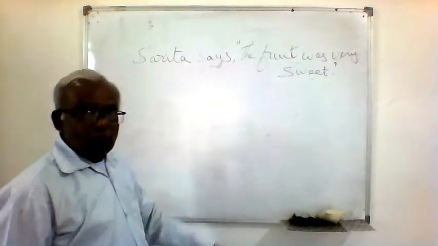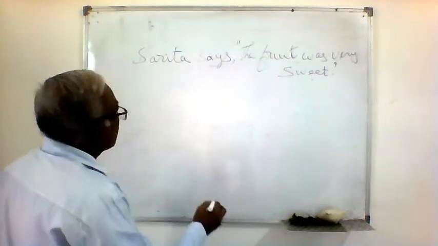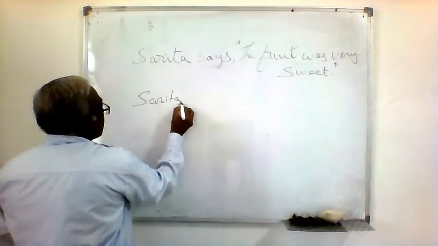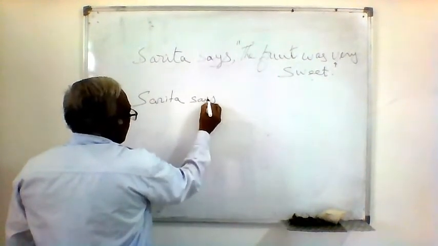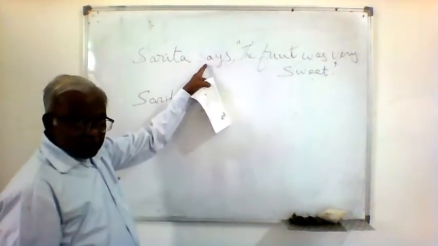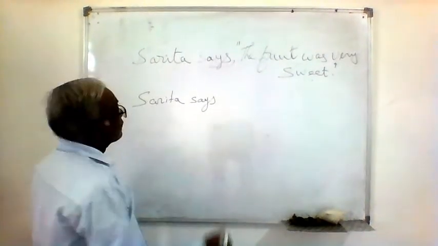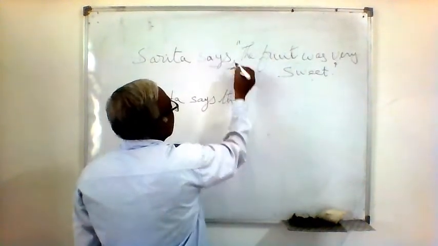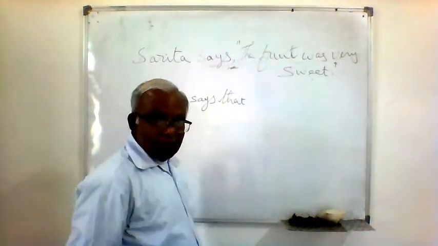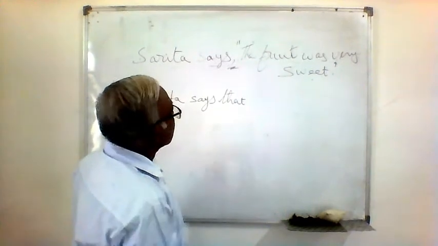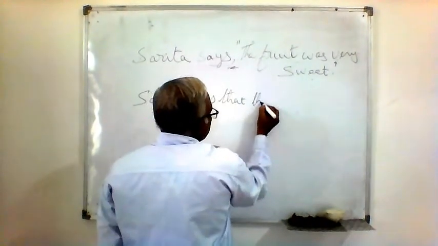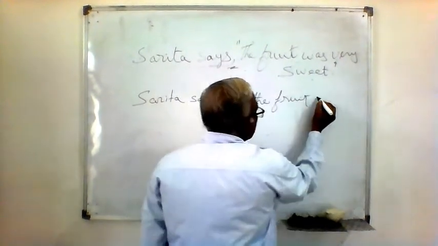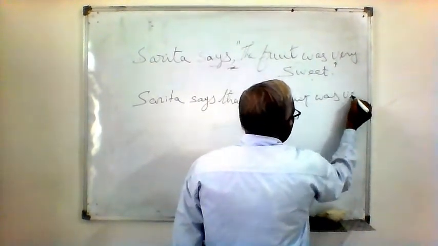Sarita says, "The fruit was very sweet." Well, changing it, we do this way. Sarita says, why? Because it is present tense, says. There is also present tense. We keep it as it is. That we have changed the joining word there. Comma quotation has changed into that. The fruit was very